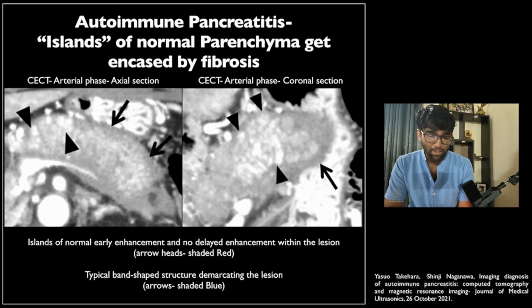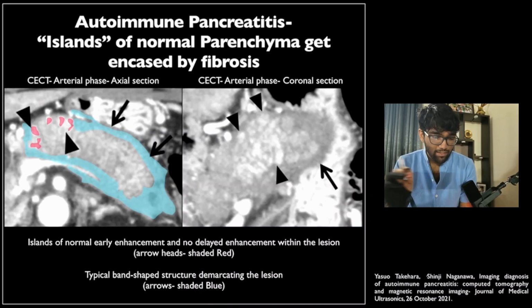Now there is also a typical band-shaped structure demarcating the lesion, that is the capsule of the lesion. Okay, so these red areas are actually the islands of normal pancreatic tissue that have gotten trapped within the lesion. I just highlighted a few of them. And the blue is actually the rim of the lesion, which consists of fibrosis and therefore is not showing